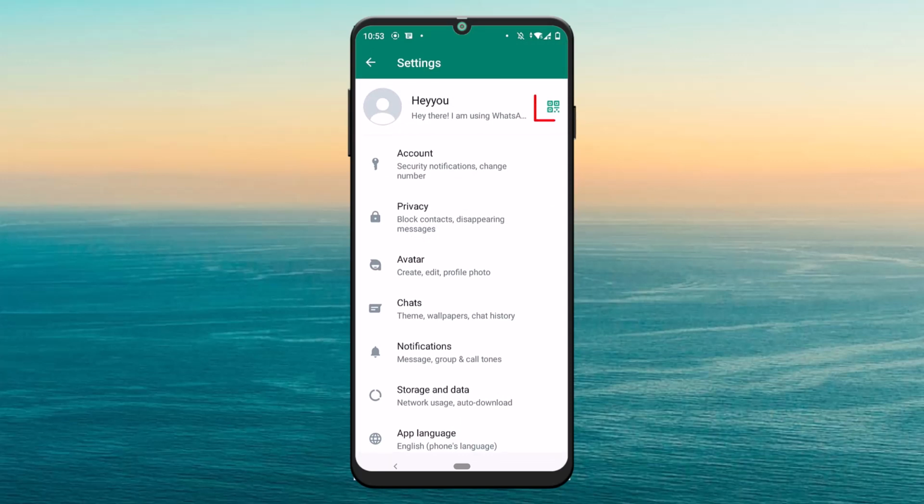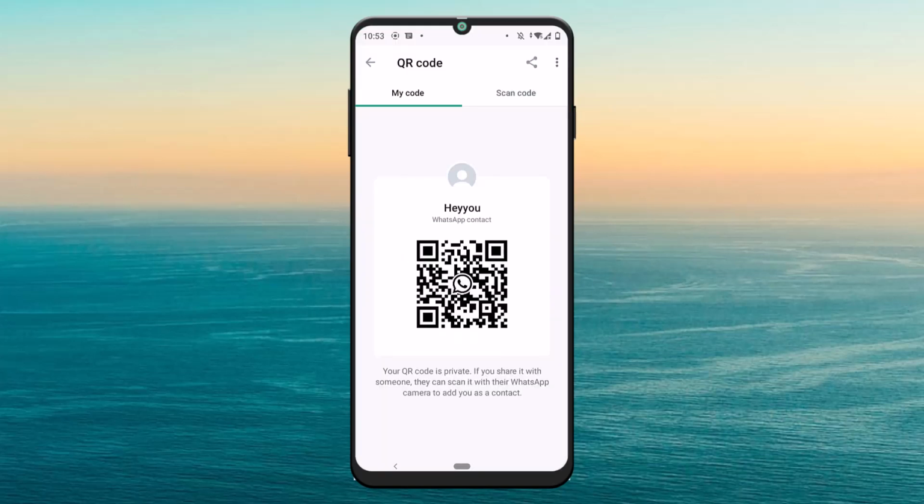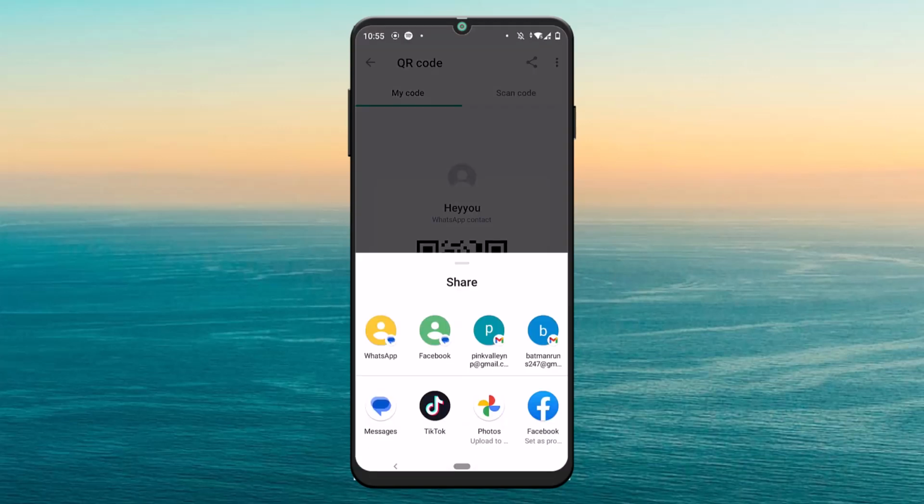Now you can see there is QR code icon which is around at the top right side of the screen. Just tap on it, and now you can tap on the share icon which is around at the top right side of the screen just beside of three dot icon. Just tap on it. So now I'm going to forward my link on my own Gmail and copy it from